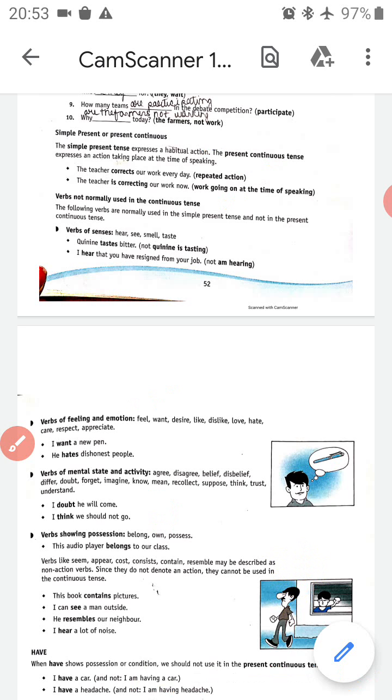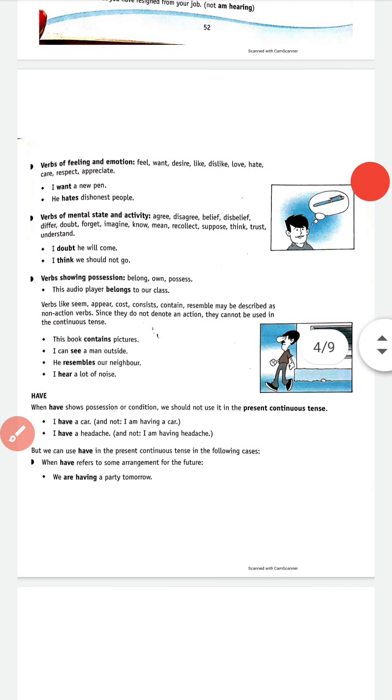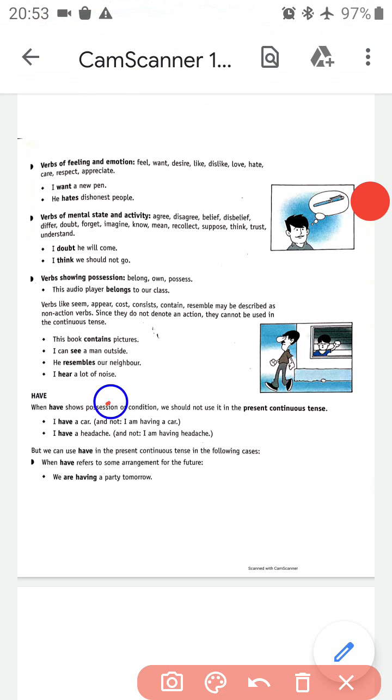When have shows possession or condition, we should not use it in present continuous tense. Whenever have is showing possession over something or any condition, we will not use have in present continuous tense. When the word have is showing ownership or condition of something, we will not use it in present continuous